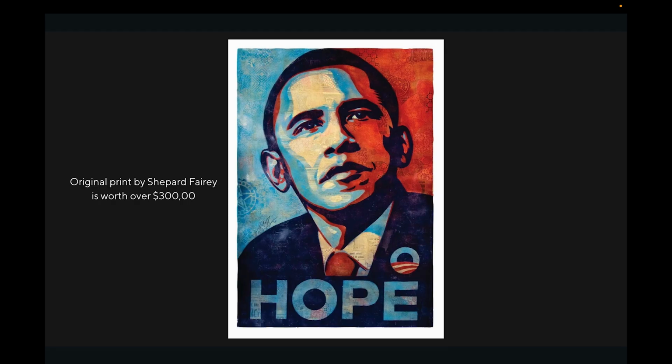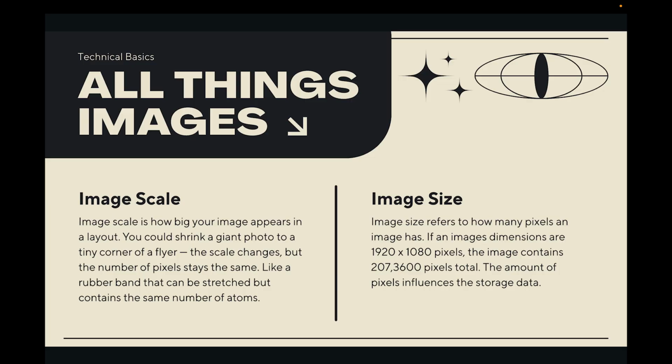Here is an image of one of the original prints by Shepard Fairey. You can see it's even more incredible than the cheaper, simplified reproductions. The original print has a wider value range, grungy texture, and interesting patterns overlaid on the image. This single print is worth around $300,000. All right, designers, now that we've covered image ethics, let's dive into some technical image basics, starting with the